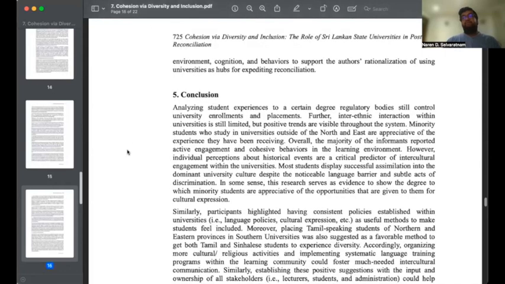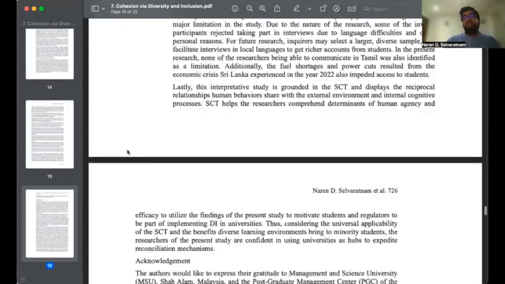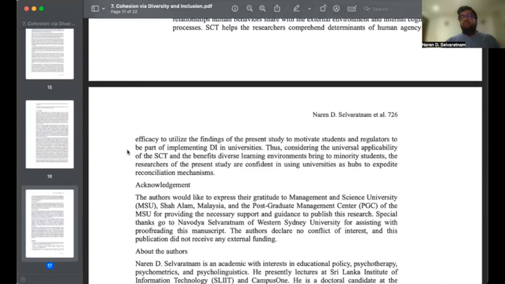And finally, our conclusion: what are the implications of this study to our practice, to theory, and also to policy. All of this is emphasized here. So I'm pretty happy about how this paper turned out, because we actually put some real hours into